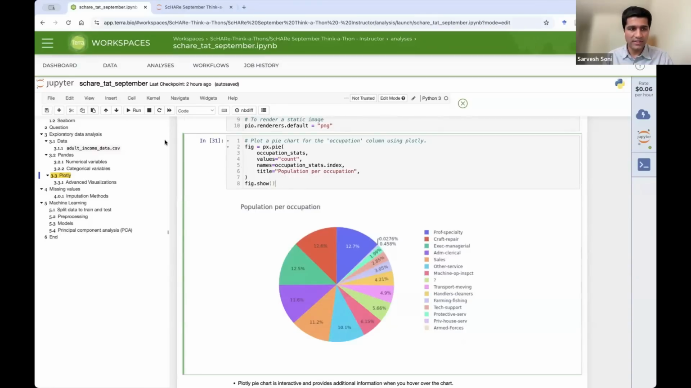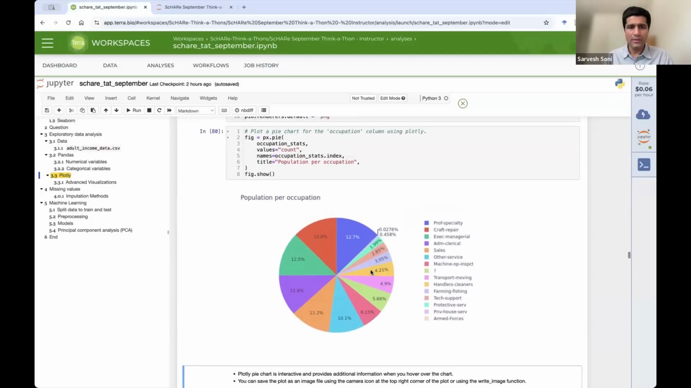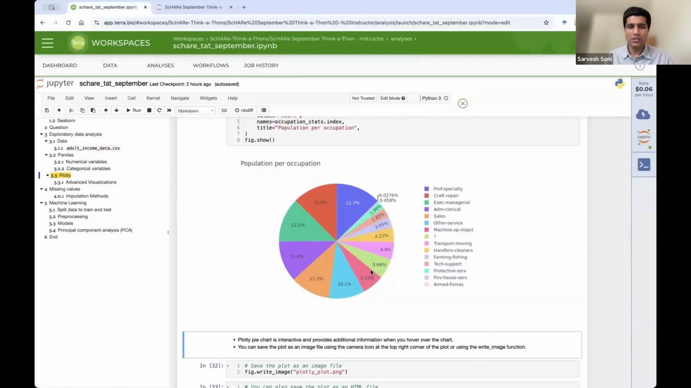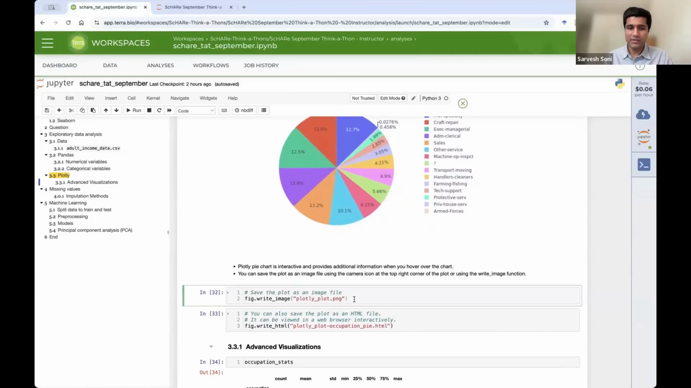So when you run this, instead of printing a PNG image, as of now what it's outputting is a static image again. But since Terra does not support it, you can use the other formats. What we can do to visualize the interactive graph is save it using